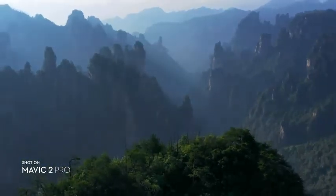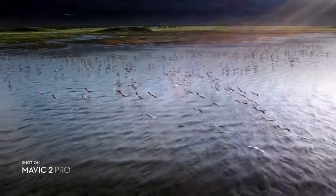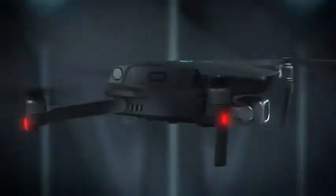At DJI, true innovation is seeing the bigger picture. Every iteration is the culmination of all that we do to bring you the very best. Here's everything you've been waiting for and beyond. This is Mavic